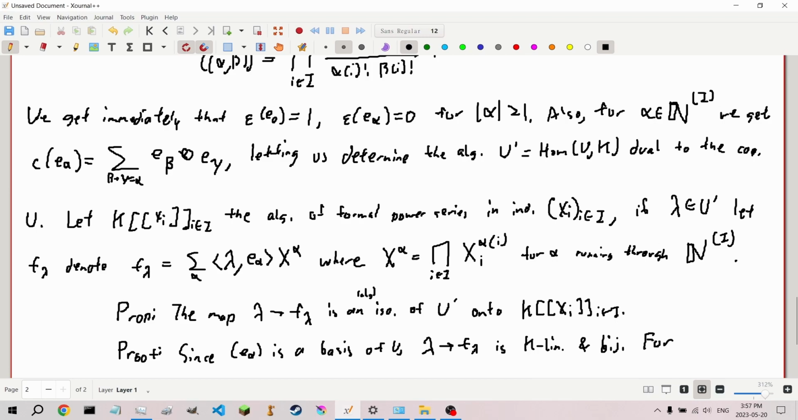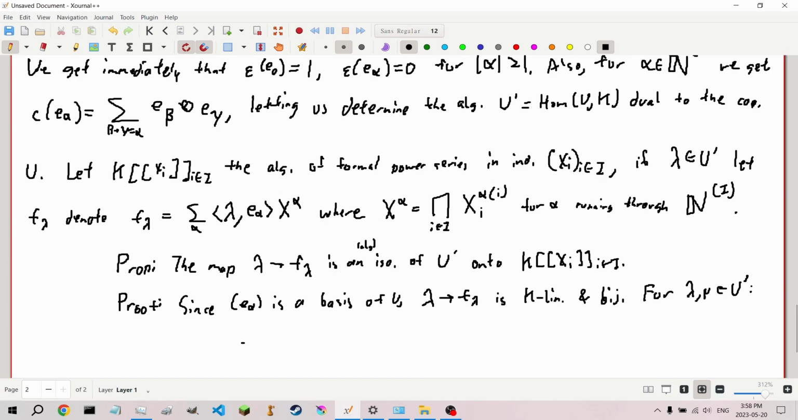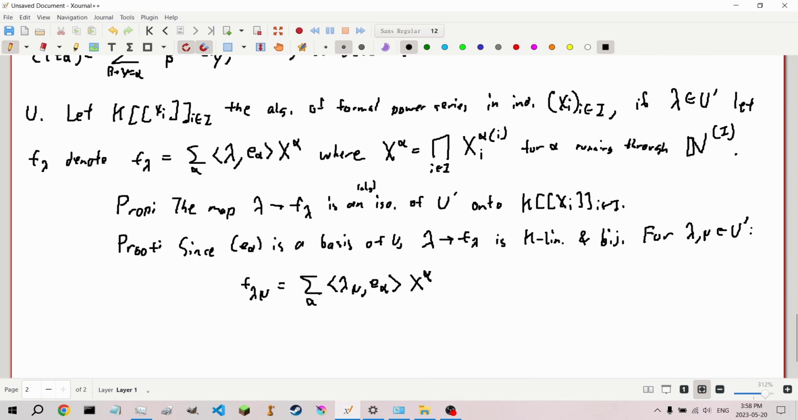Then we see that for lambda, mu in U prime, we get that f of lambda tensor mu is the sum across alpha of lambda tensor mu bracketed with the e alpha of x to the alpha, which is the sum across alpha of lambda tensor mu with c e to the alpha times x alpha,